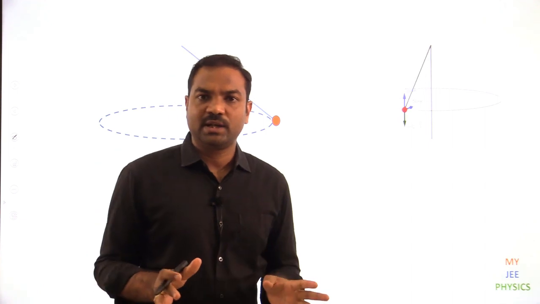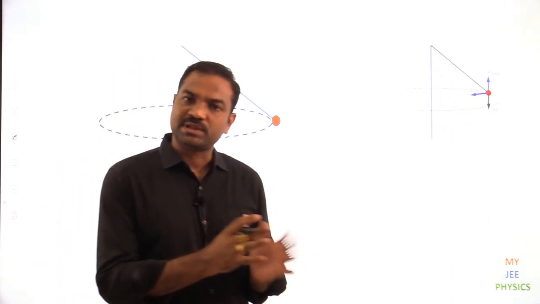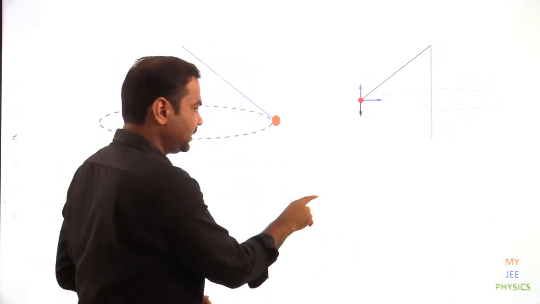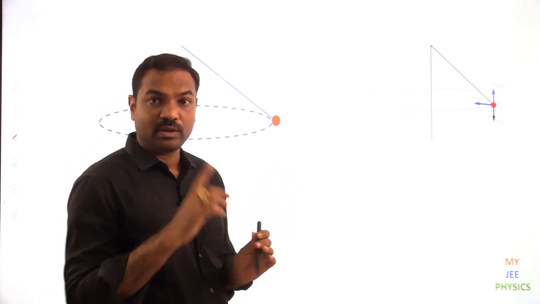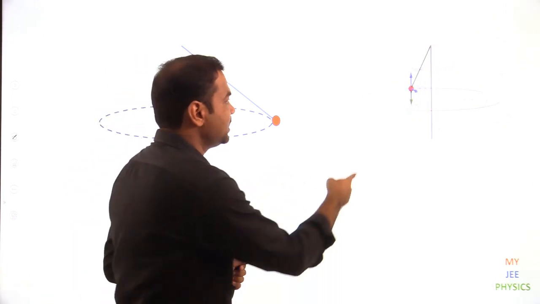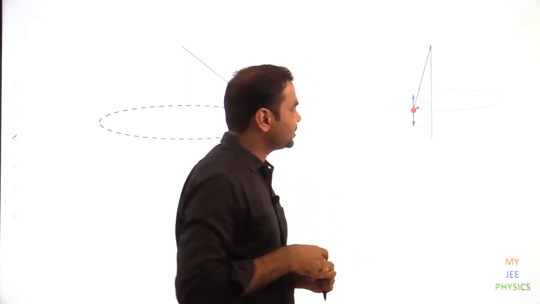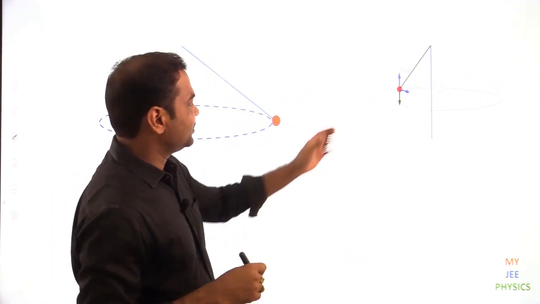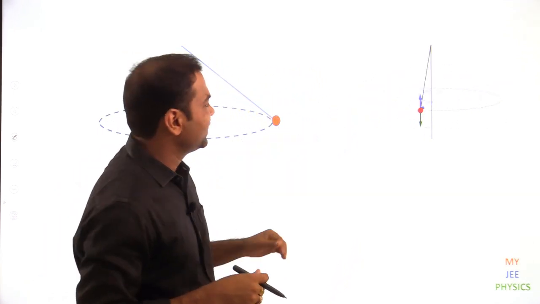So we know that a conical pendulum is something different from a simple pendulum. A simple pendulum will oscillate in a plane, but a conical pendulum will go in a horizontal circular path. So you can see the animation or simulation of the physics over here. It's a better view here.